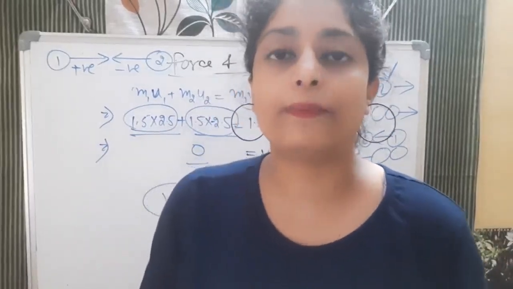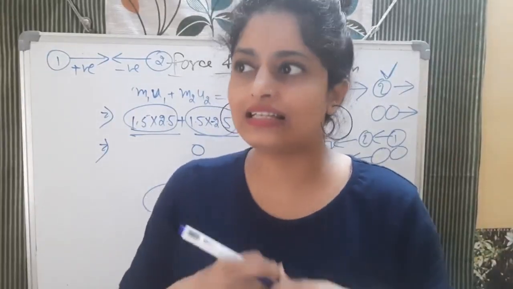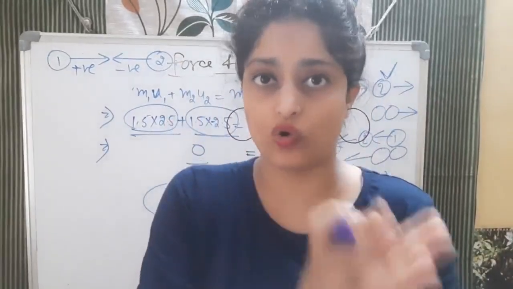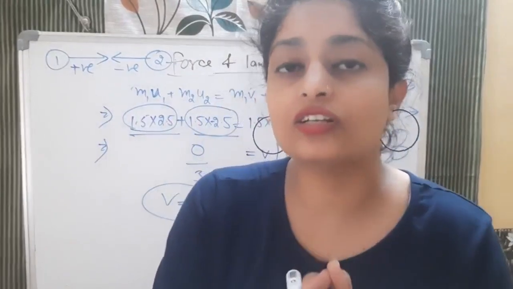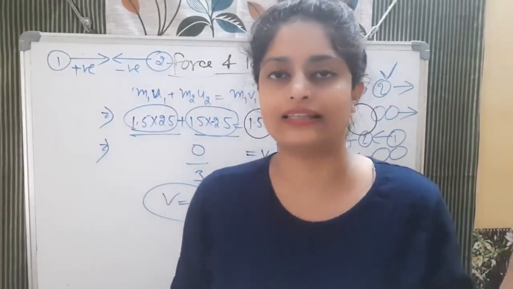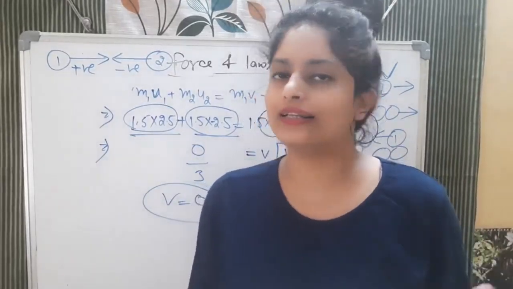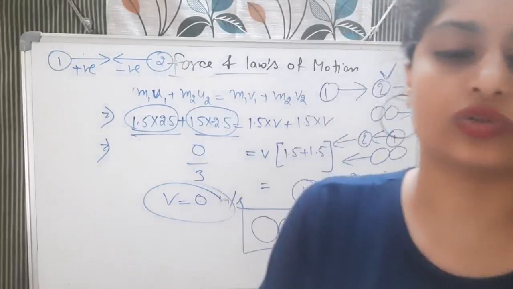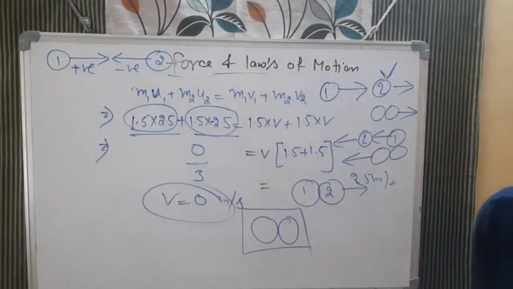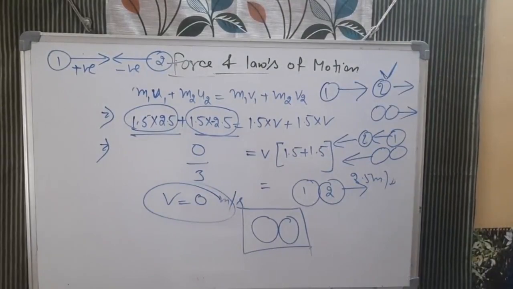But what will happen? Force is what, child? Force is mass into acceleration, and we can simply say that the mass of the object is more. So clearly we can see that frictional force in the case of the truck is more than that of the car. So we can say yes, according to Newton's third law, they can cancel out the effect of each other. So the student is saying what is true. Okay, so that is true. Now the next question is numerical, that is